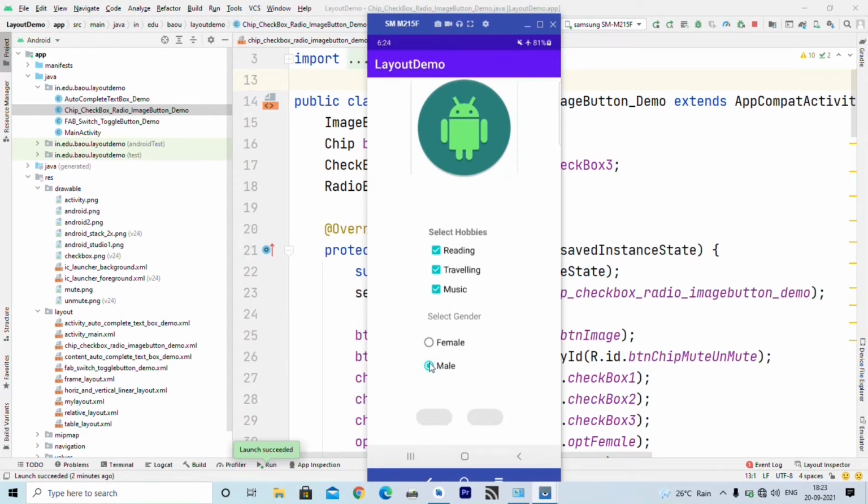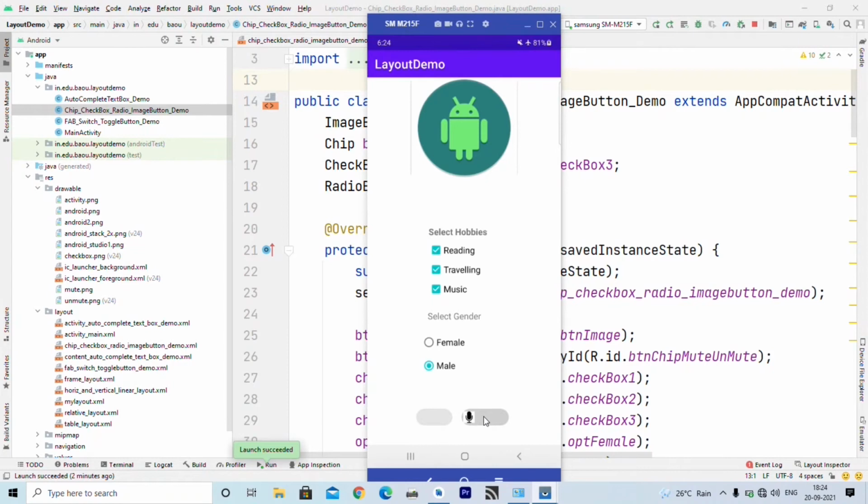This is how we can use radio button. Now remember, all logical radio buttons should be grouped using radio group, otherwise, if they are not inside a radio group, you can select both, which is not correct. This is my chip group. Here you can see when I click on this it sets the mic icon.